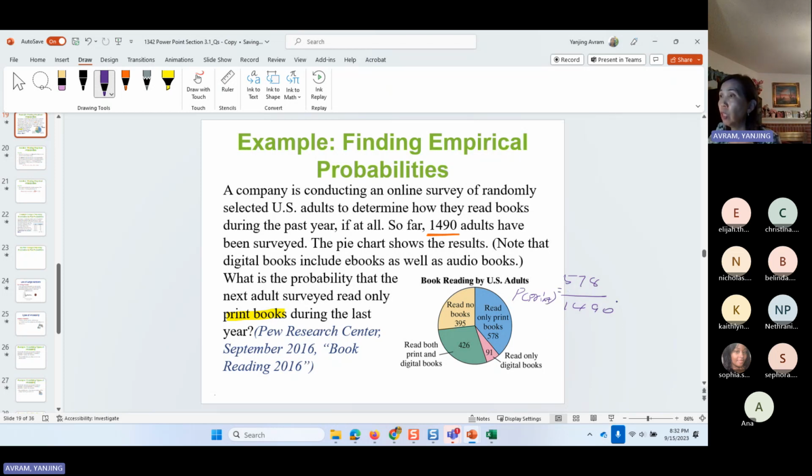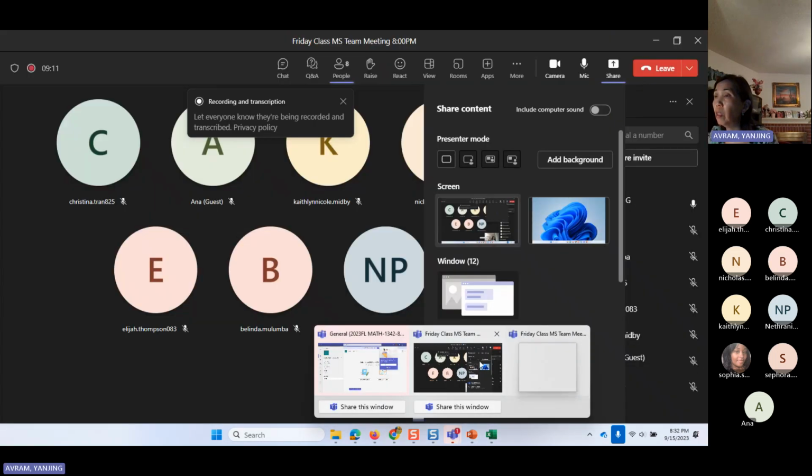All right, so you can either convert it into a decimal point, or